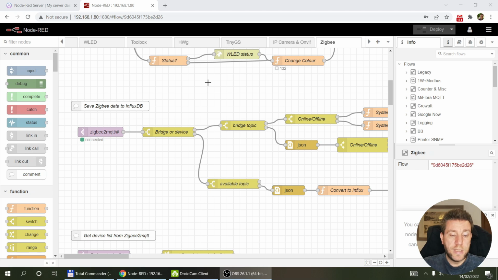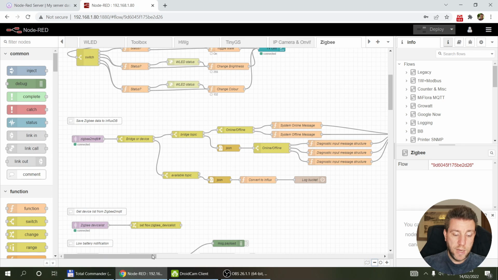The way I managed to do this is that every single message that I receive from any Zigbee device gets saved, and you can see the flow for that here. It gets saved in an InfluxDB database, and then every day at 7 p.m., a time that works for me for these sort of notifications and maintenance,